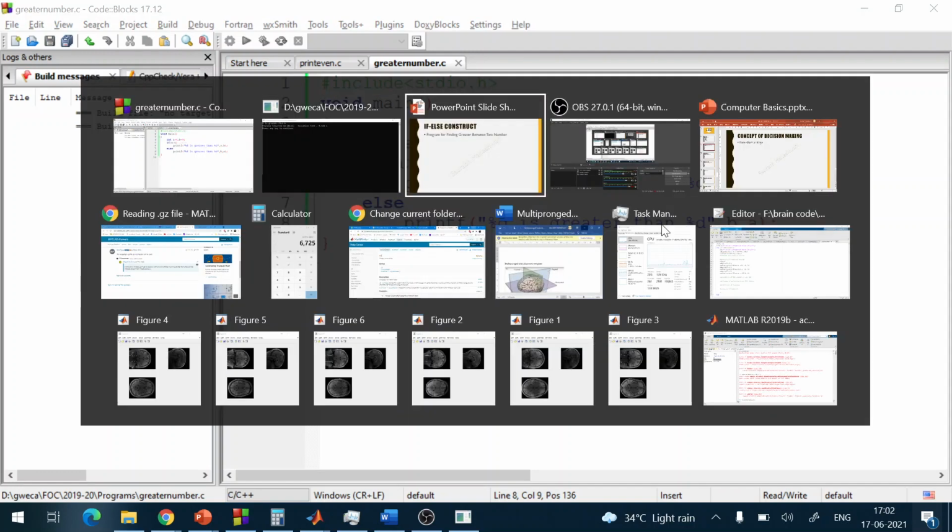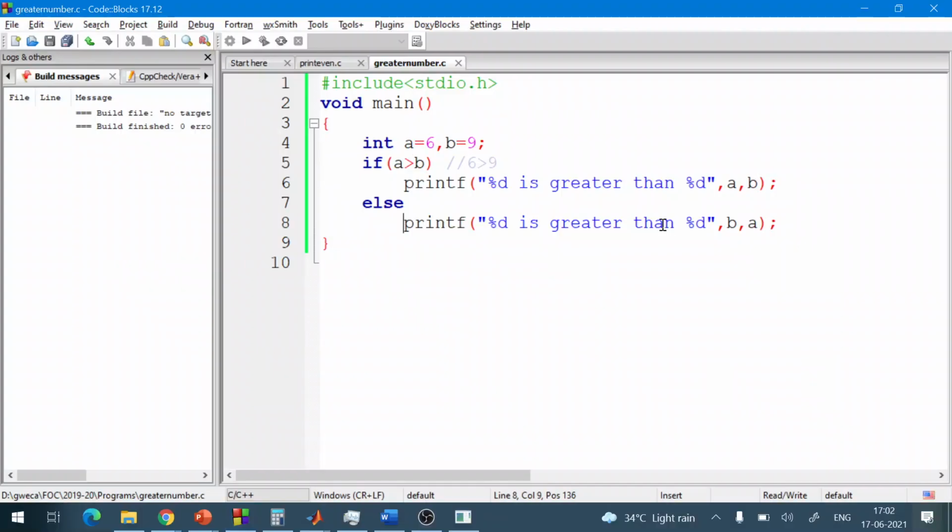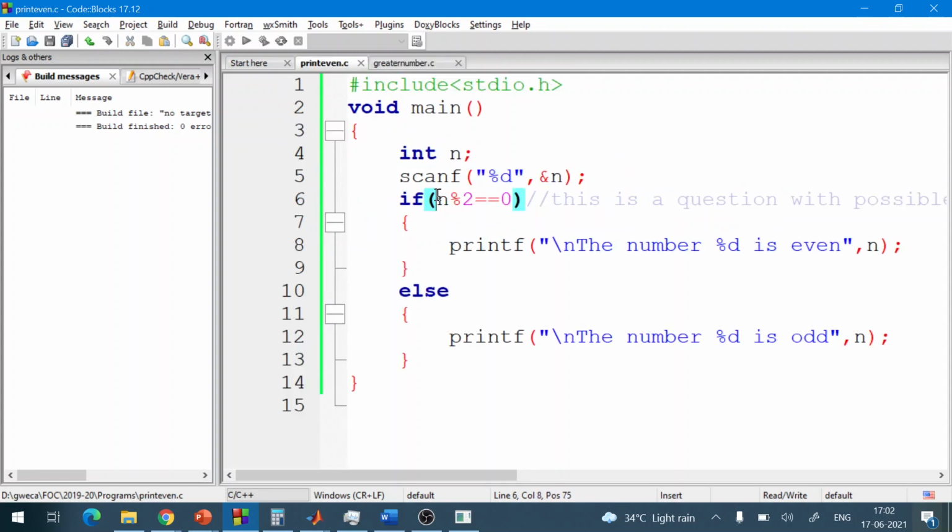Now let us see more on the simple if else: merging of conditions using logical operators. Can we merge conditions? Till now we have seen decisions based on a single condition, such as whether A is greater than B, or in the previous program whether the modulus is equal to 0.